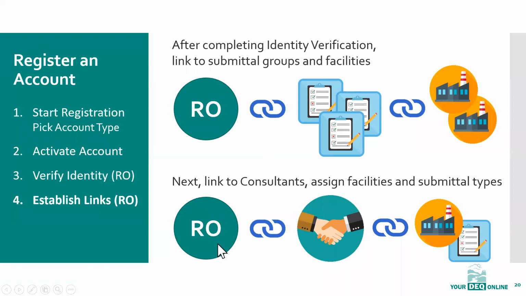After that, the RO links to consultants. Now this is the same kind of flexibility. One RO can link to multiple consultants, or many ROs could link to one consultant. Let's say there's this one consultant that specializes in a certain particular data gathering thing, and that consultant serves a number of ROs. Make sure that consultant sends their email address to those ROs and lets them know to link them. So the RO would link to the consultant and then extend their own permission to that consultant to initiate